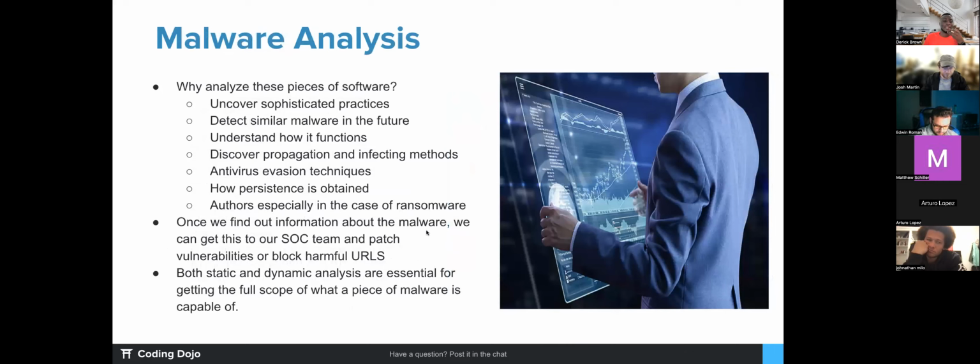So with malware analysis, right? Why do we analyze pieces of software? First of all, we might want to uncover sophisticated practices that are happening. We may want to detect similar malware in the future. The thing is, the same malware that you're seeing today might be operating differently